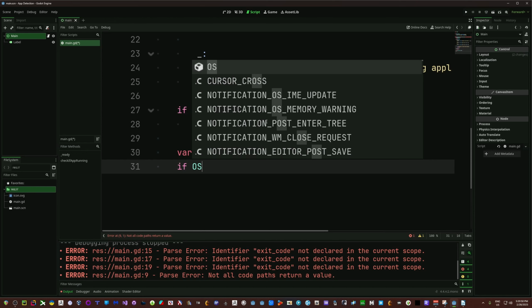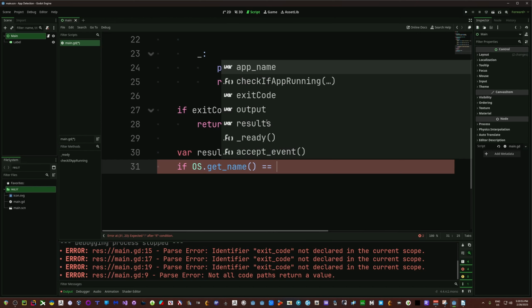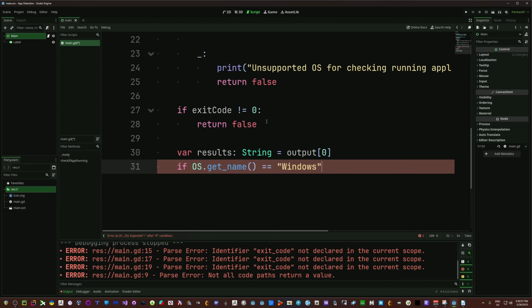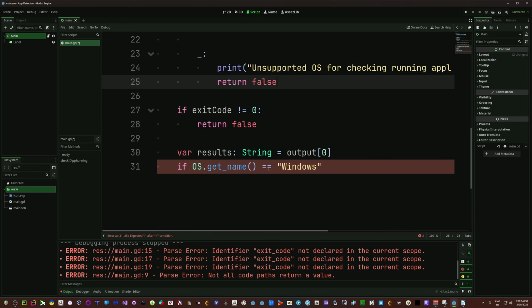Now we can say if os.getName equals Windows. Now notice we're doing an if check here instead of a match, because with a match we kind of have to split everything up, and we need to have that wildcard here just in case it's a system that's not supported by our game or application, whatever it is. Whereas with the if statement here, we just have to know, is it a Windows or is it not a Windows? All right, so we're going to say if os.getName is equal to Windows,